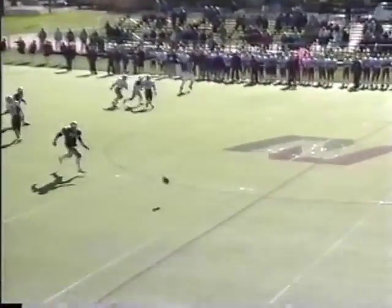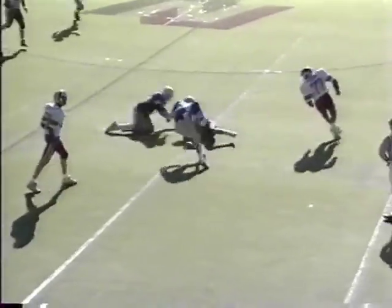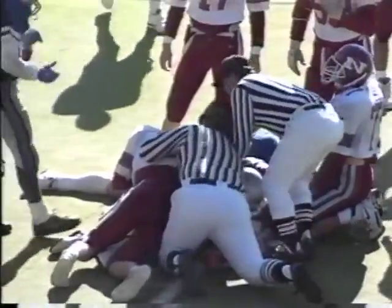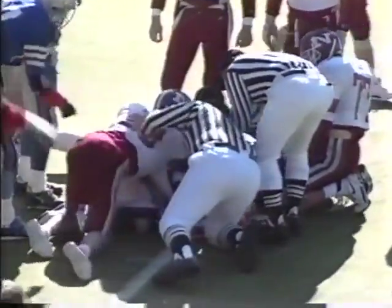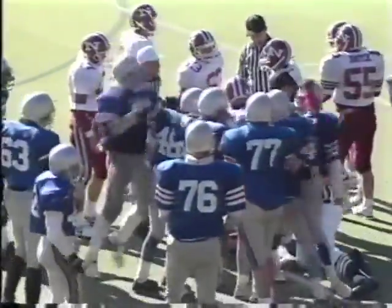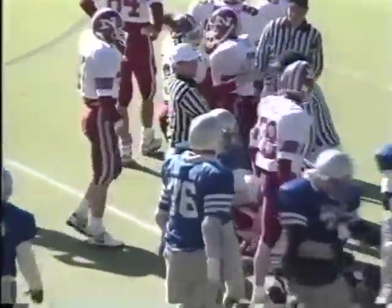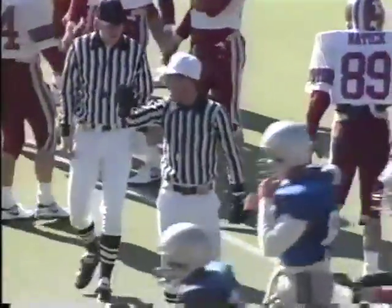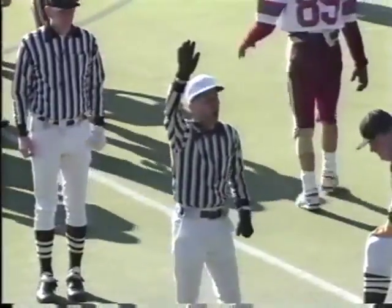Okay, it's an end-over-end kick, and it hits one of the Natick players. Brookline might have recovered. I think Brookline might have got the ball. Number 68, Charles Smith comes up with that ball for Brookline, I think. Smith jumping around. I don't know who got it. Looked like he might have. Number 24, Andrew Gamir at the bottom of the pile. Okay, Brookline has the football as it was a mistake by...